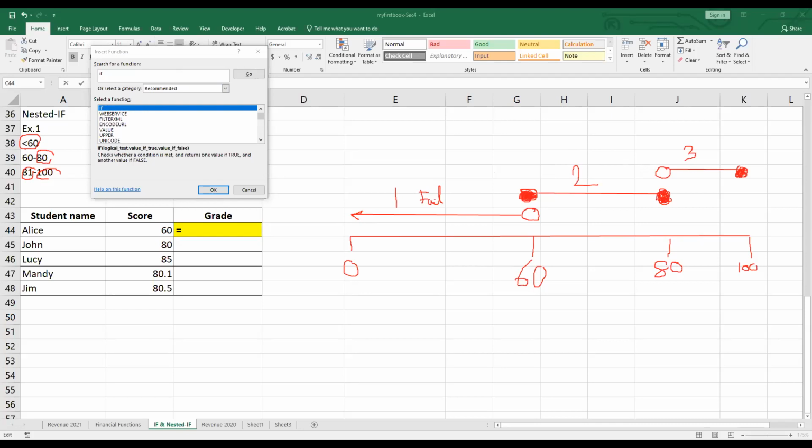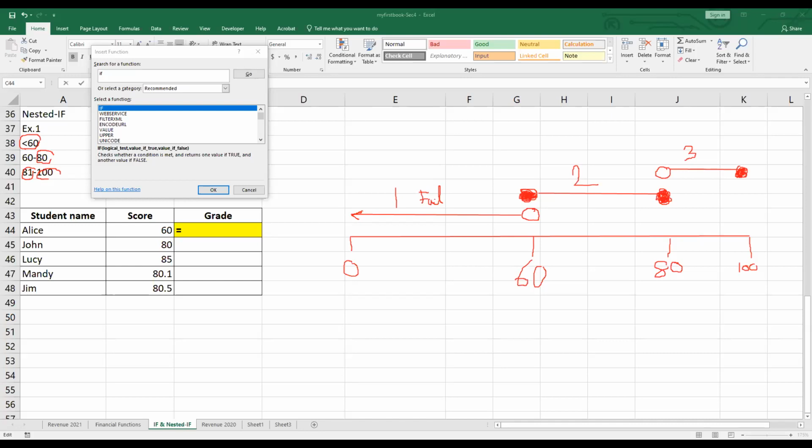When you have 3 ranges of values, or 3 possible values to test, you just start with logical test 1 first. If it's true, you enter value if true for range 1. Otherwise, if it's false,